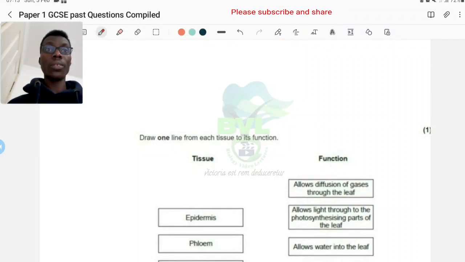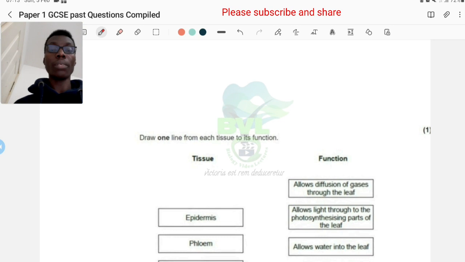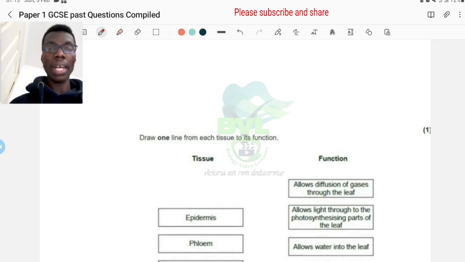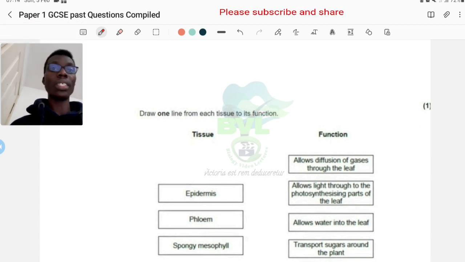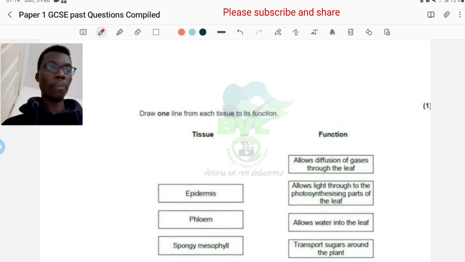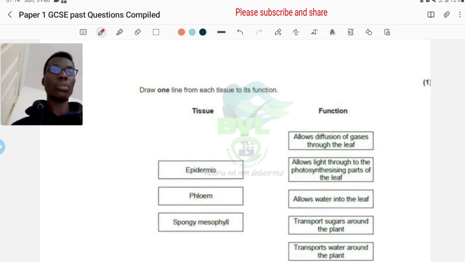Again, this is part 3 of the GCSE paper 1 past questions, though I found this to be also relevant to other examination bodies, but it's okay. Now draw one line from each